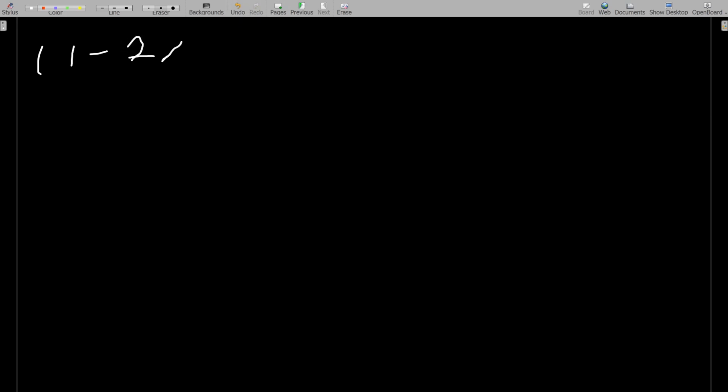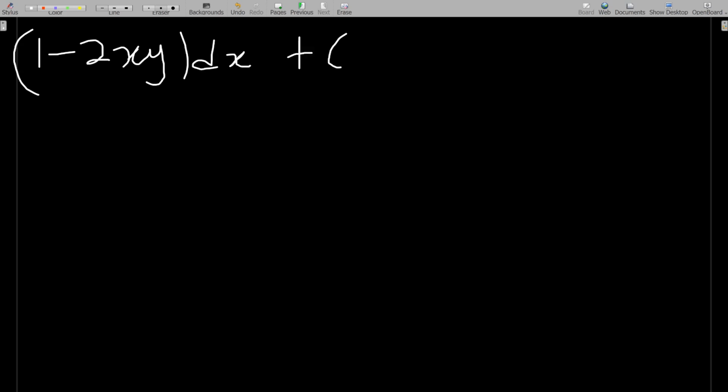Okay, 1 minus 2xy. I'm sorry, my pen is... 1 minus 2xy dx. Okay, let me write it again for you. So we have (1 minus 2xy) dx plus (4y cubed minus x squared) dy, and this should be equal